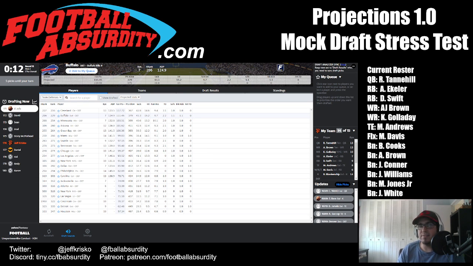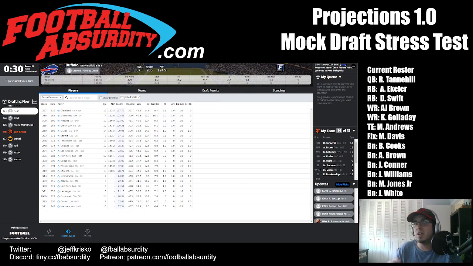What I like to have, and this is why the Marvin Jones pick is kind of bugging me, I'd rather have had Mike Williams there, is I want to be put in tough situations every week. I want to be put in hard start situations every week. I want to be wrong sometimes. I want to stare at 13 and a half points on my bench and my starter only started 11. Ideally, that's where I end up, where I'm winning, but I'm frustrated because I didn't win by more. And the way that you do that is by getting upside guys on your bench. But then you kind of have to weigh,